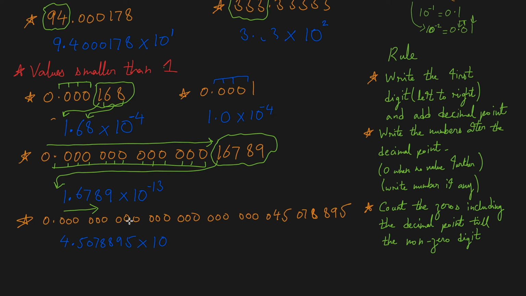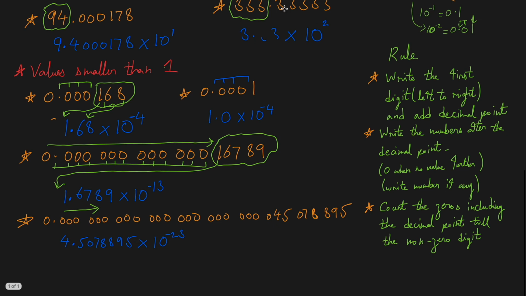Let's say I made the group of 3 here, so I will first calculate the groups. 1 2 3 4 5 6 7. So 7 groups here. 7 multiplied by 3 will be 21, plus this 0 is 22, plus the decimal point 23, which is 23, and introduce the negative sign, which basically also means values smaller than 1. And the last example,